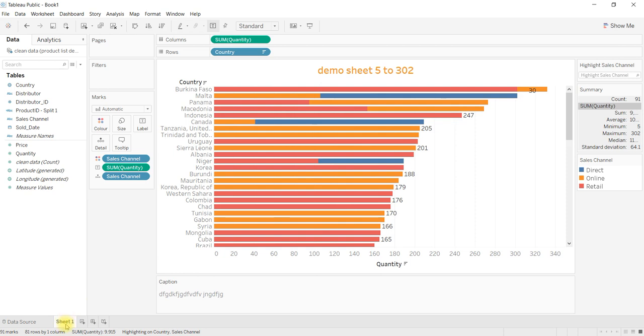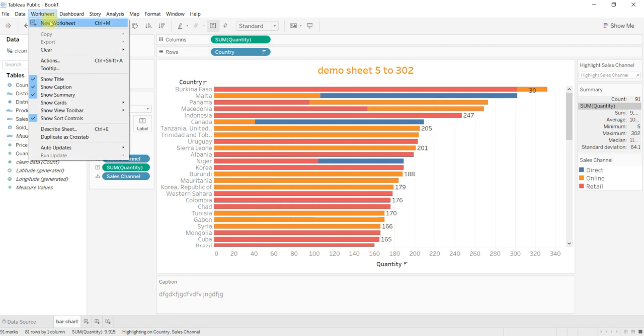If you like to rename that one, right click on that sheet 1, rename, and give a name like bar chart. Like this we have given a name. If you like to add a worksheet, here itself you can add a new worksheet, or you can come back here, add a new worksheet, or you can go to worksheet and new worksheet.